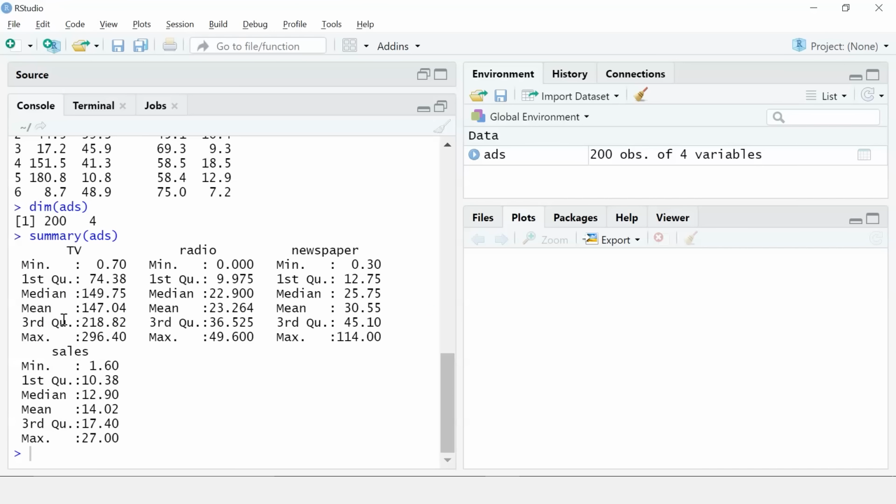The first quartile or lower quartile is the value that cuts off the first 25% of the data when it is sorted in ascending order. The second quartile is the median, which has the value that cuts off the first 50%. And the third quartile or the upper quartile is the value that cuts off the first 75% of data.